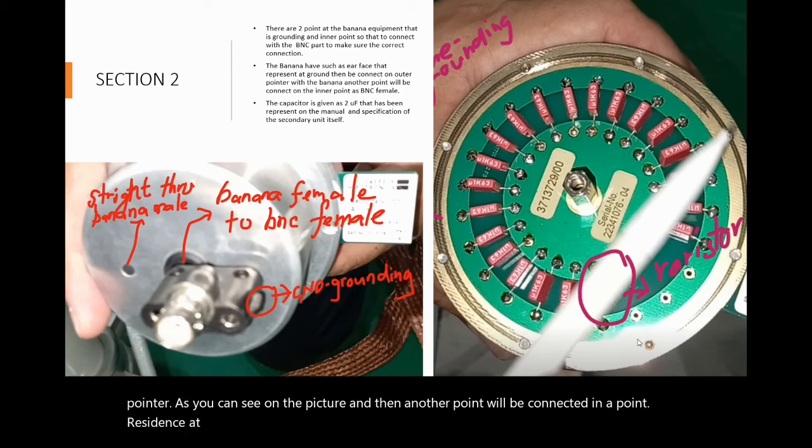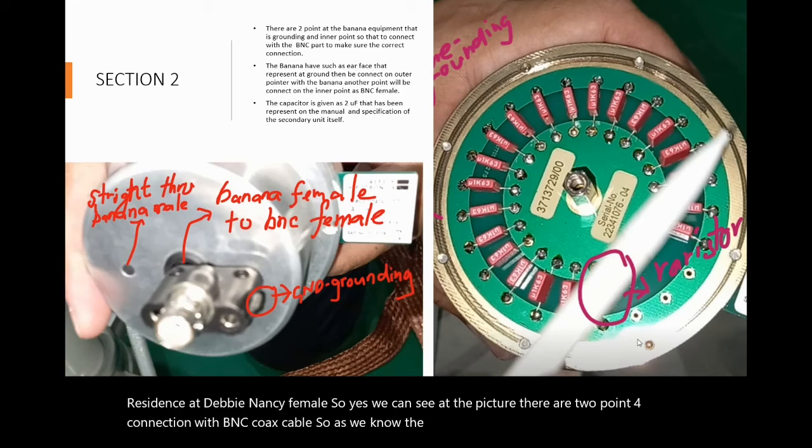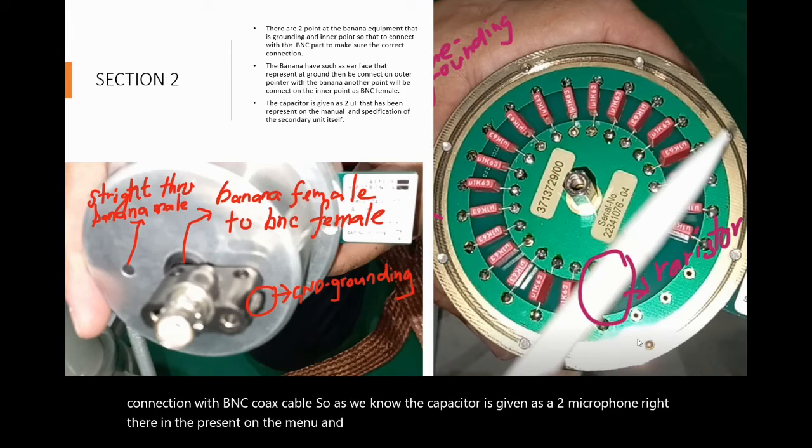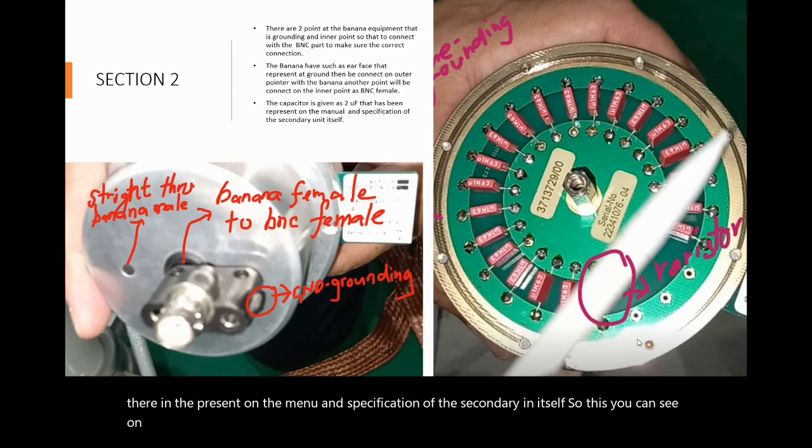So as we can see in the picture, there are 2 points for our connection with the BNC coax cable. As we know, the capacitor is given as 2 microfarad, which is stated in the manual and specification of the secondary unit itself. You can see that this secondary unit consists of a specific